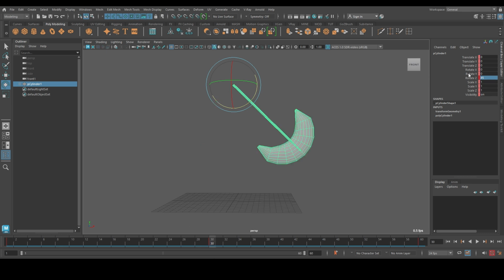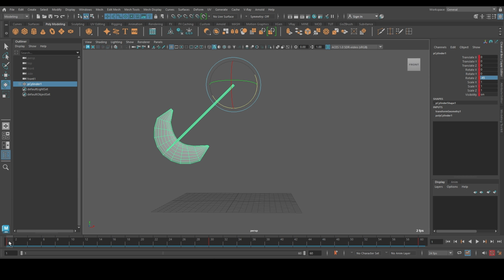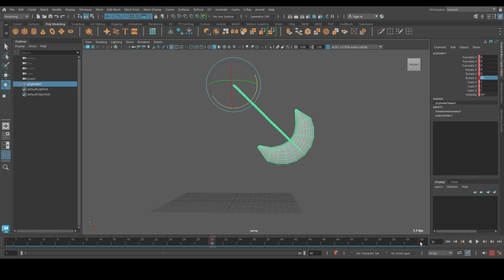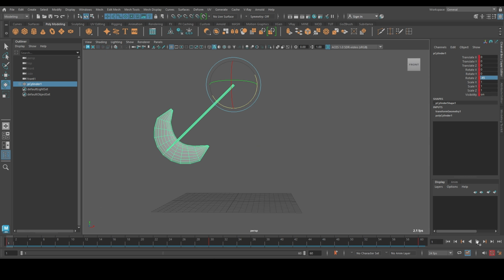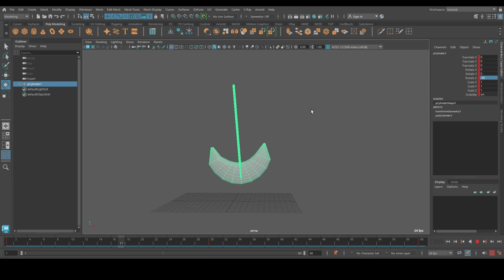And for the ones that we made changes to, because we turned on auto key from here, it will only record those specific changes. The rest will remain. And the same goes with that. Because we want it to be a cycle, we're starting from here to here and back to the origin. Okay, so now if we hit the play button,